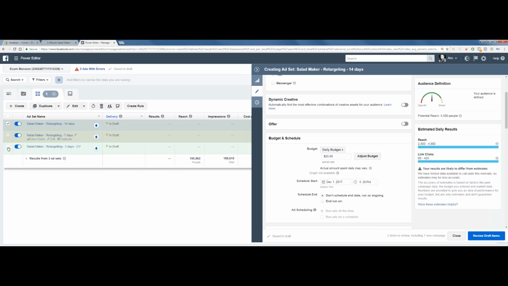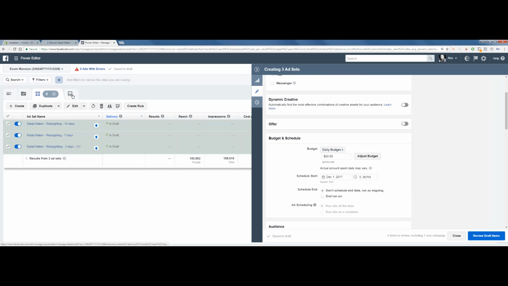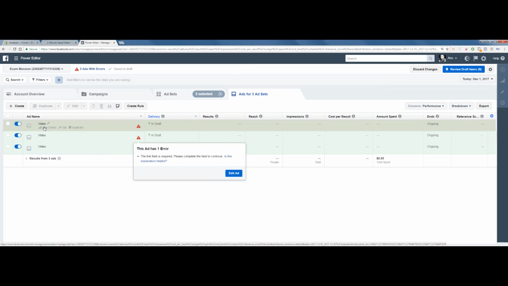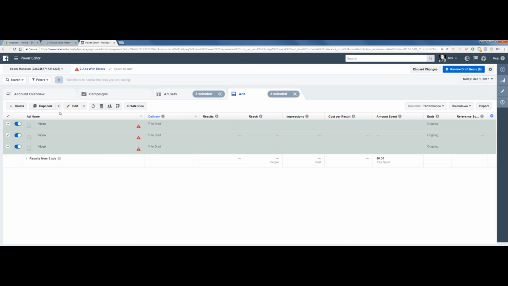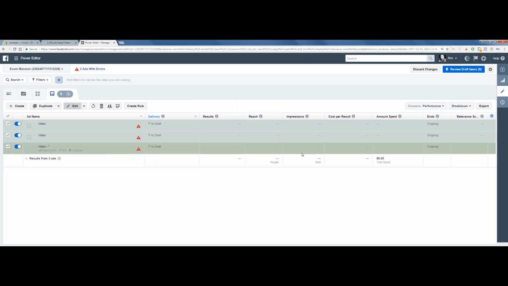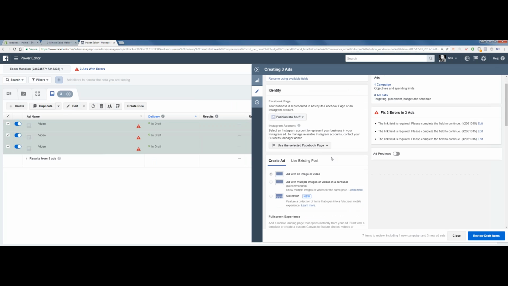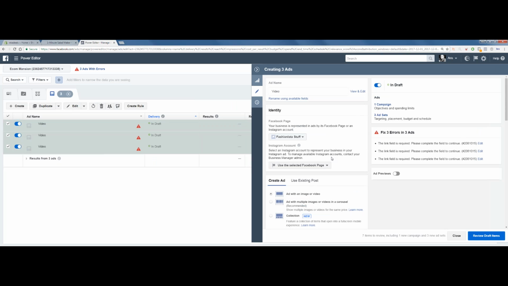We will move on to the ad level. We are going to edit all the ads. You have to be running the original campaign at the moment that you start the retargeting campaigns.